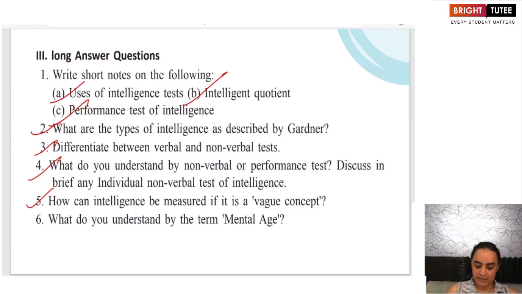And the last is, what do you understand by the term mental age? Mental age refers to the age of an individual on the basis of the intelligence level, on the basis of the skills and the knowledge acquired by that